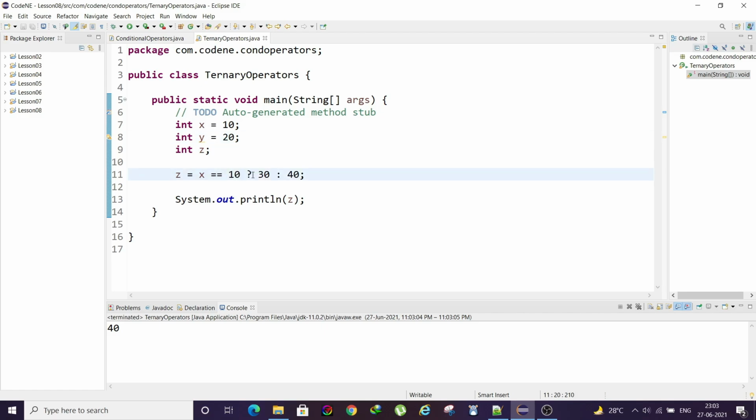Here, like in if else, we can also use our conditional or logical operators. Simply we can write and y equals 20. So x equals 10 and y equals 20: both of the conditions need to be satisfied. Then z will be assigned 30, else 40 will be assigned. If I run this, you can see z equals 30. So this is how the ternary operator works. That means the if else condition that we had can easily be written in a single line using the ternary operator.